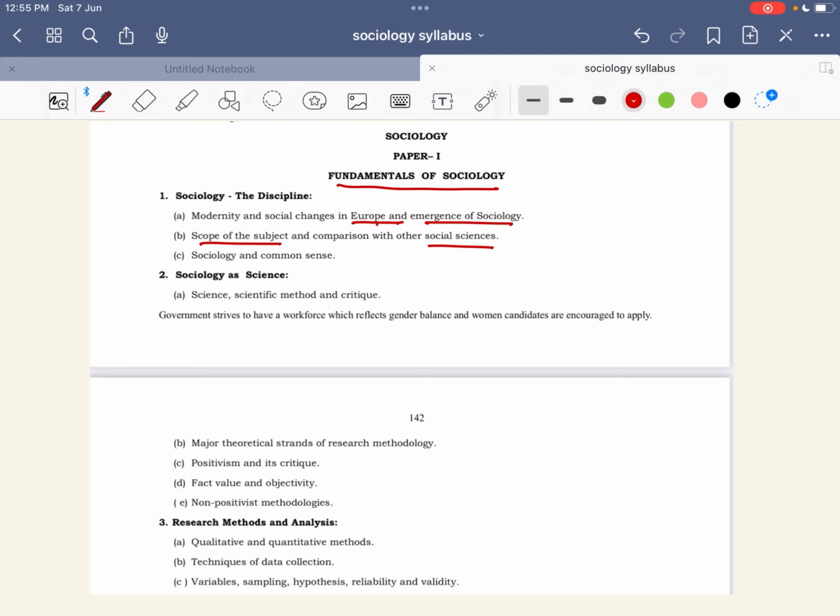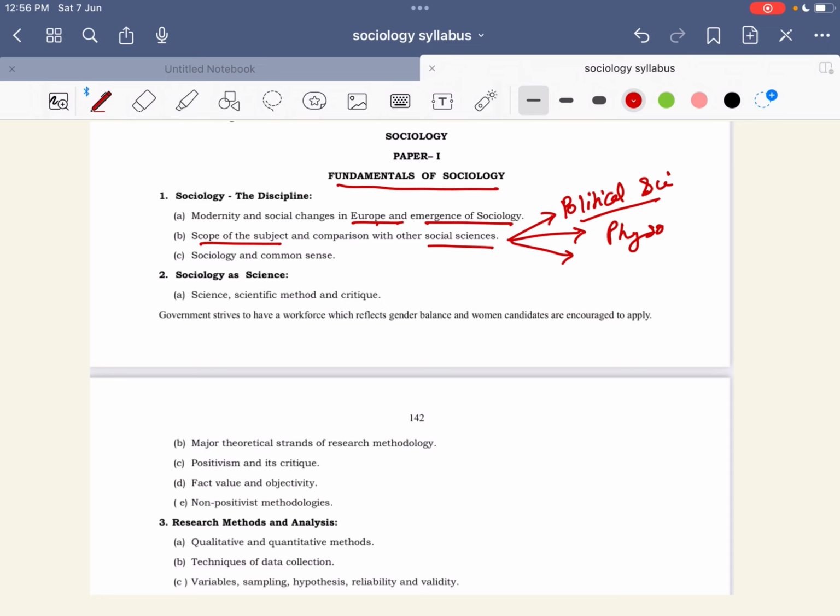comparison with other social sciences, means sociology, what is the scope, and compare with other social sciences, what are the other social sciences, maybe political science, then you have psychology. Okay, then you have other subjects which are social sciences. You compare sociology with others, and here I want to tell you that